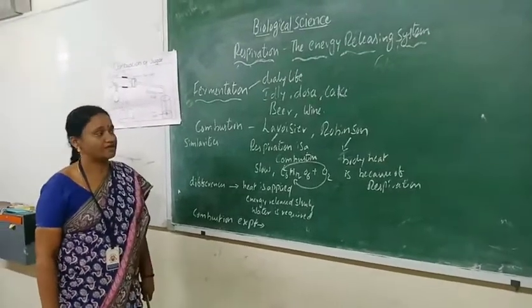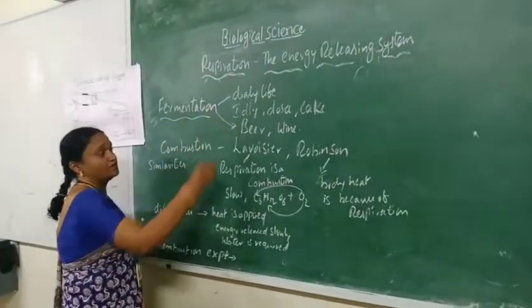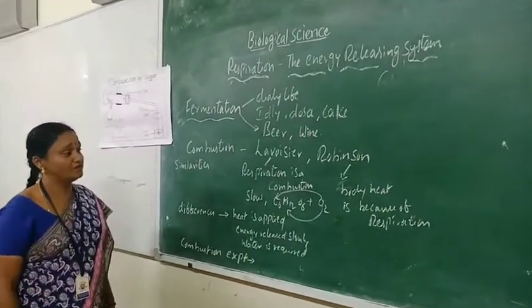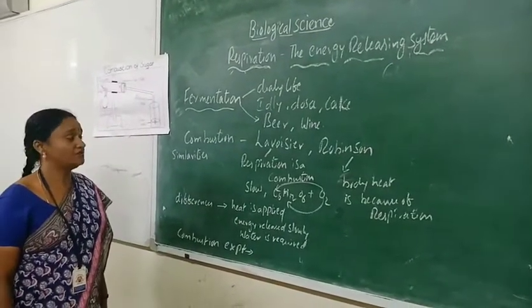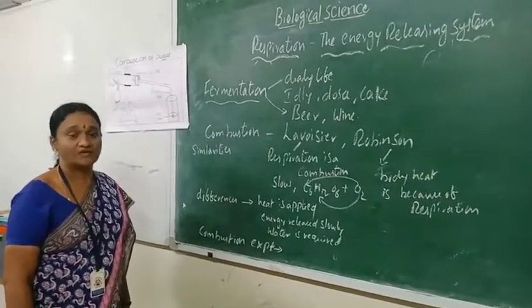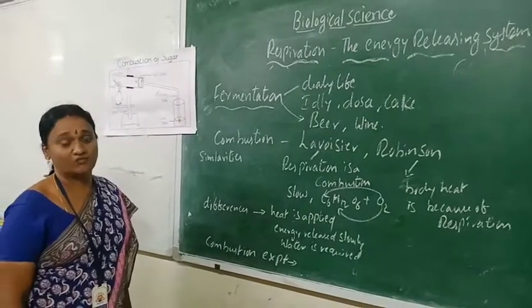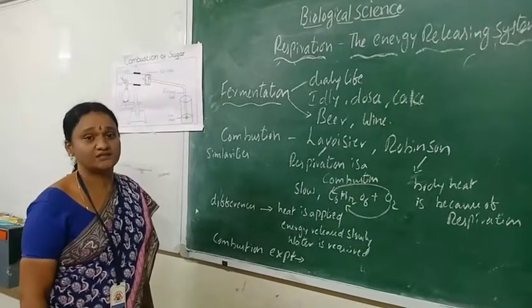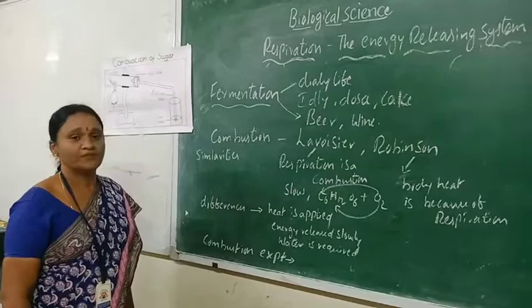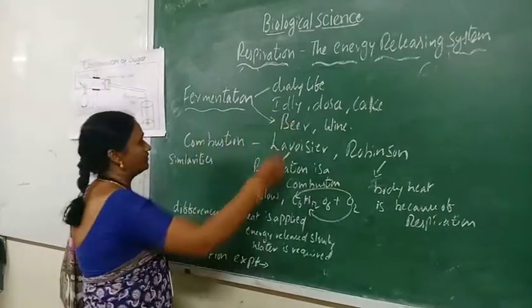So ethanol produces a characteristic smell. The fermentation process is also carried out in preparing beer and wine, that is, in the beverage industry. Fermentation plays a major role. Yeast is helpful for converting any glucose solution into ethanol, carbon dioxide and water. And by fractional distillation, we separate the ethanol from the glucose solution. So these are the uses of fermentation.